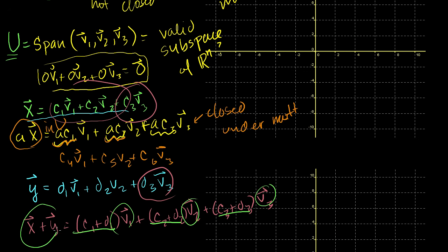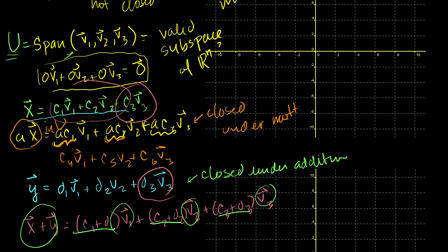So it must be, by definition, in the span of v1, v2, and v3. So we are definitely closed under addition. Now you might say, hey Sal, you're saying that the span of any vector is a valid subspace,